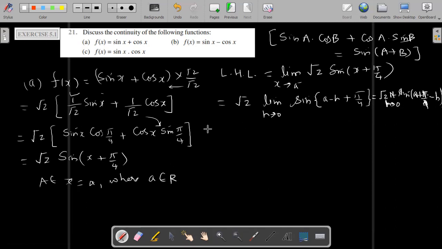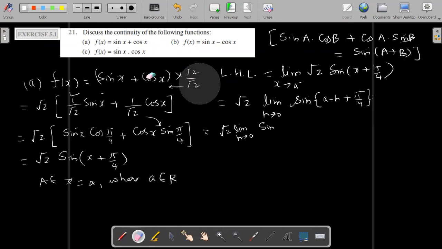So then it will become, I'll write here clearly, root 2 limit h tending to 0 sin(a + h) written together and remove this. Sin(a + π/4) written